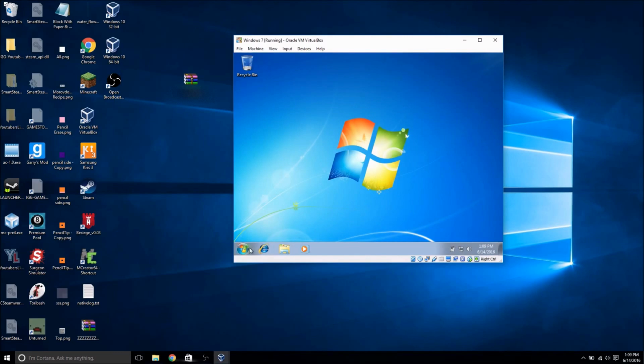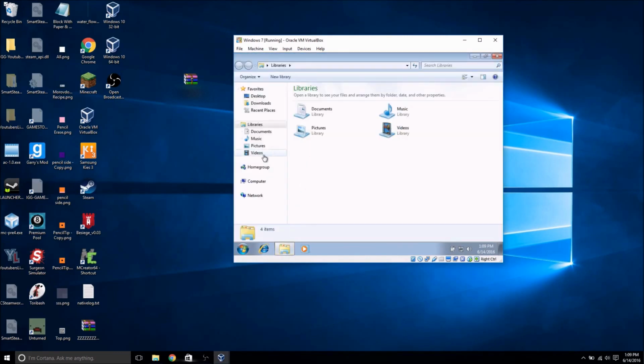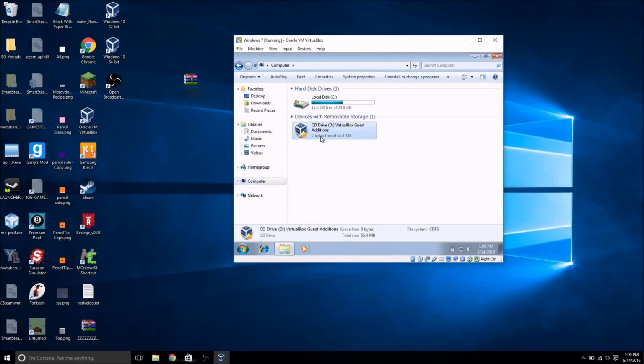Go to Computer, press Open, and then go to the 64 folder. See where it says x86 is 32-bit, AMD64 is 64-bit. I'm running 64-bit, so open that,